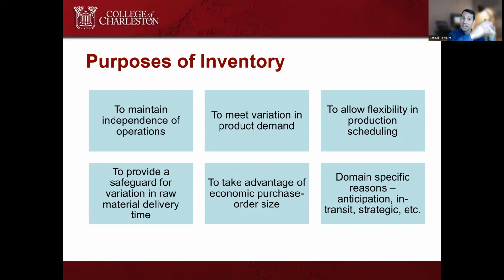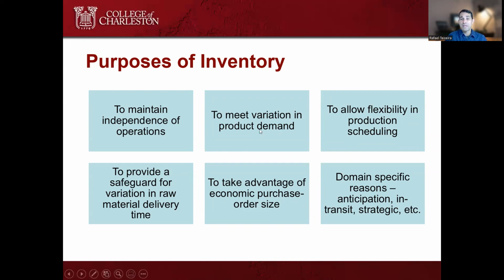That's the purpose of having a lot of inventory coming from suppliers. I like to talk about the case of microchips. Think about microchips, because we have a lack of microchips. We don't have microchips to produce cars. Then many of the automobile manufacturers are just waiting for parts to come, so they don't have this independence because they don't have the microchips.